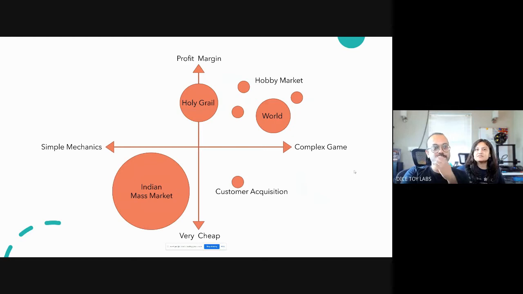So this is a typical 2 by 2 grid we follow in our business to understand the market and the product. Okay. So finally, we have understood it's not the price, it is not the size of the box, it is not the artwork, it's not the theme, nothing. It all comes down to two things. Okay. So when it comes to pricing the product, who is it that we are targeting? If you look at this,